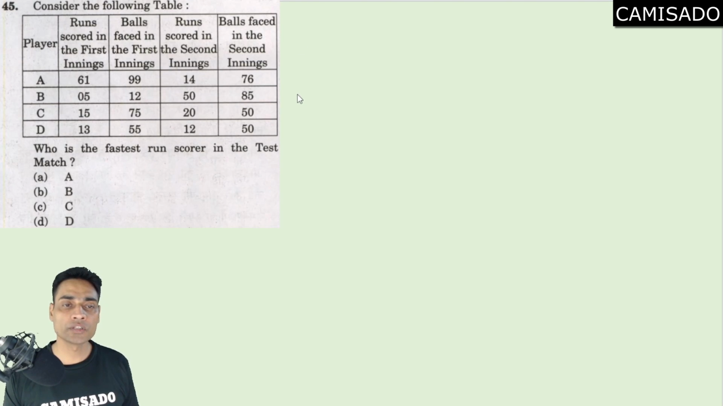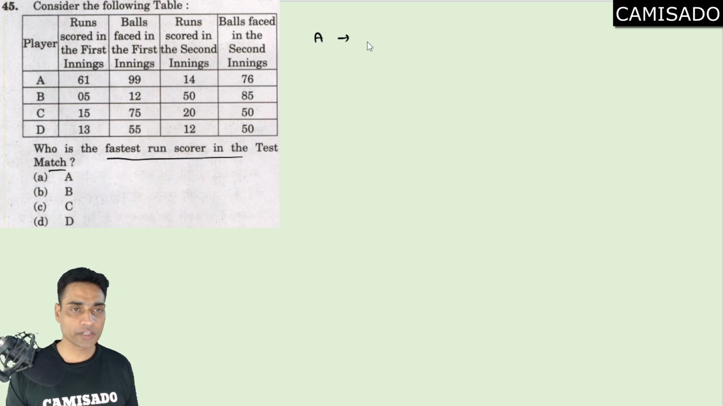The next: these are the runs scored in the first innings and the second innings. The number of balls and the number of runs are given, and 4 players are playing. Basically, we have to find the fastest run scorer in the Test match among A, B, C, D. So ultimately, for player A, what we can say is, player A is getting 75 runs on how many balls? 175 balls. Fine. Player B is getting 55 runs